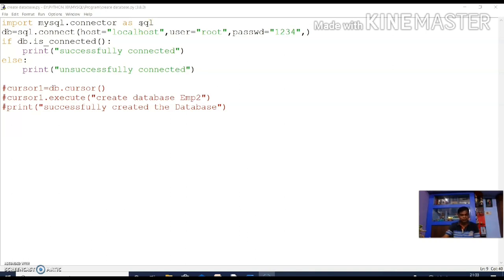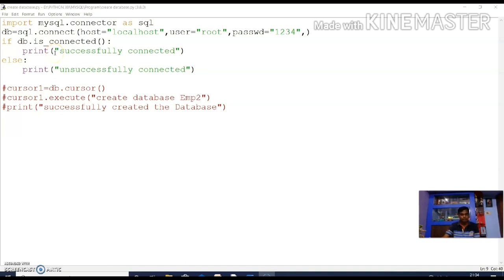Rather than using mysql.connector everywhere, you write sql in its place. So it is an alias name of mysql.connector.